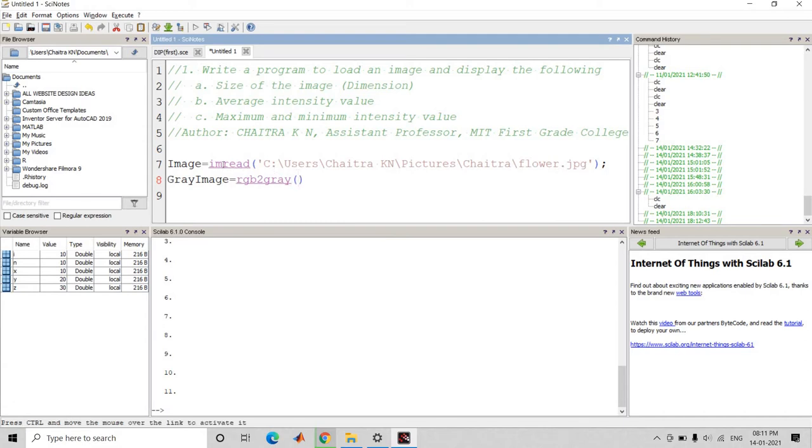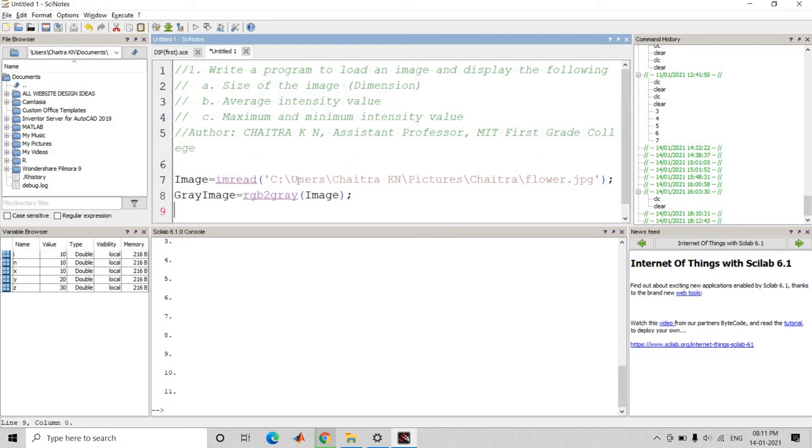The RGB image is stored in the image variable, so I copy this variable and paste it here. I have converted the RGB image into a gray image.